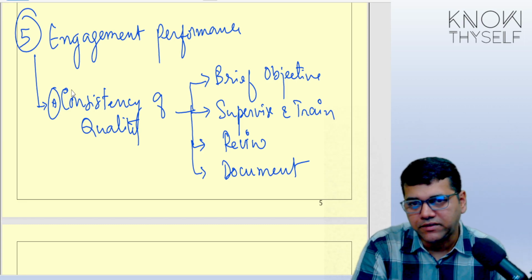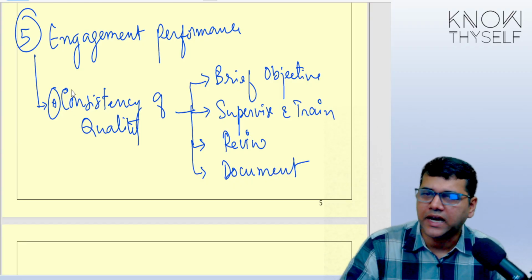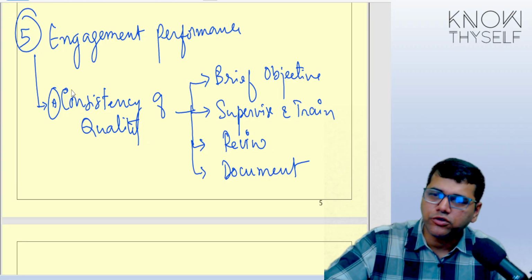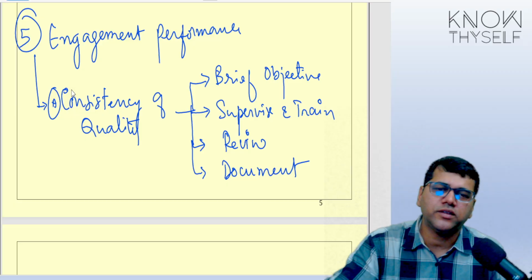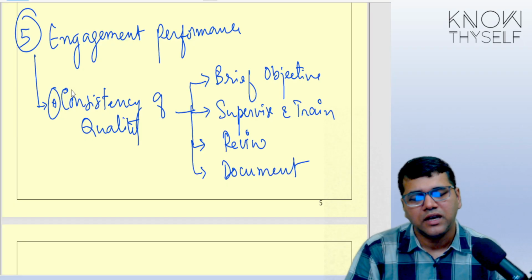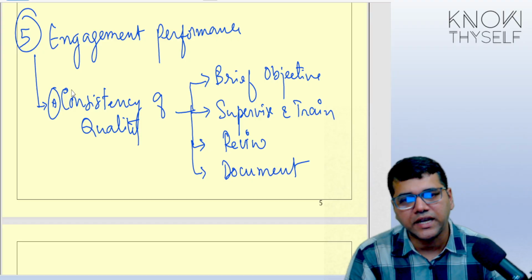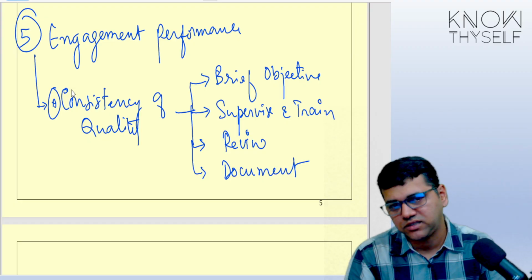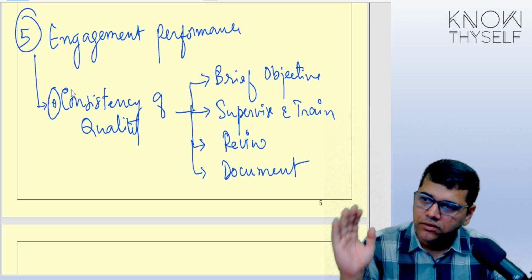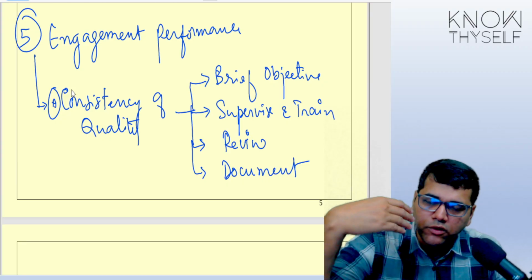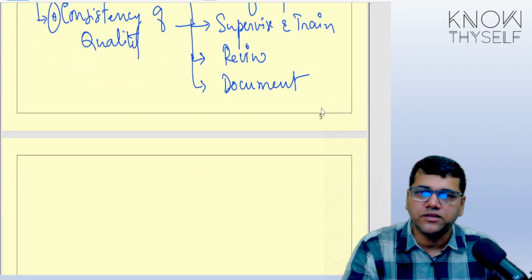If you stop any of these activities, performance will go down. Everywhere, see, we are hiring a maid. Every time we need to tell, supervise, review, document. After some time, why? Because there is something called the second law of thermodynamics. Everything is headed towards disaster in our life. The only way we can address it is by putting in energy. We can call that energy an internal control. If we don't work, our performance will go down. So we have to bring that energy back again and again. So the first element is consistency of quality.